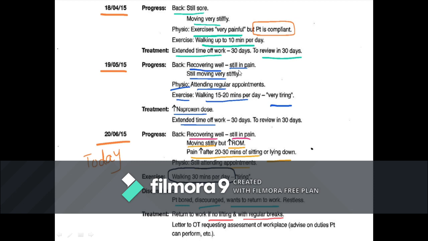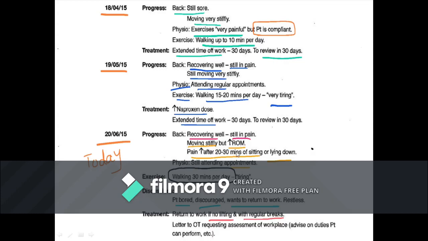His back is recovering well, but still in pain, still moving very stiffly. Physio attending regular appointments and exercise walking 15 to 20 minutes per day, but it is very tiring. So because his walking is very tiring, you increase the naproxen dose, and you further added 1 month off from work for 30 days. Okay, on 20/6/2015, that is on today's visit, the patient presented, back recovering well but still in pain, moving stiffly but increased range